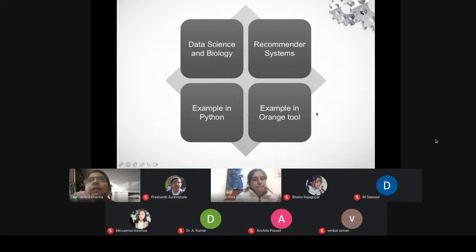Firstly, data science and biology, how we have moved from data science and taken biology as a case study, and then try to develop different systems and how recommender systems happened. As well as we'll take some practical examples of Python and a very interesting tool, the Orange tool, which could be beneficial for all the beginners who want to start working in machine learning or recommender systems.